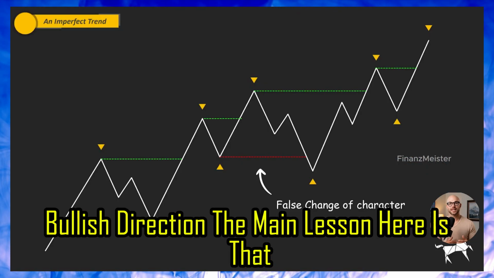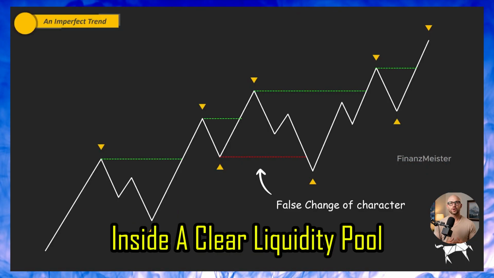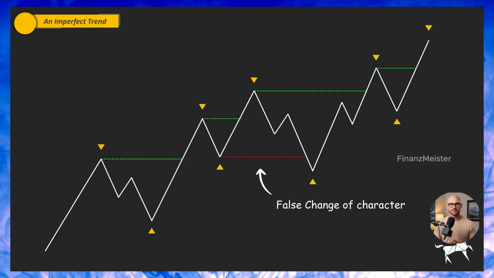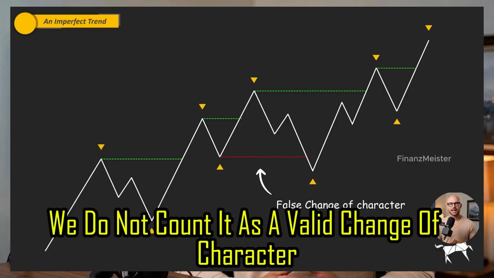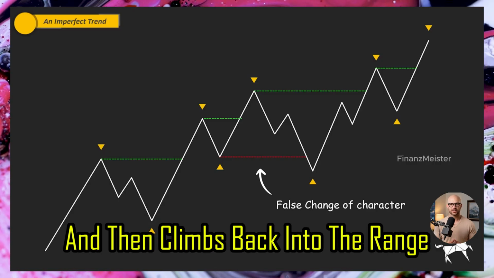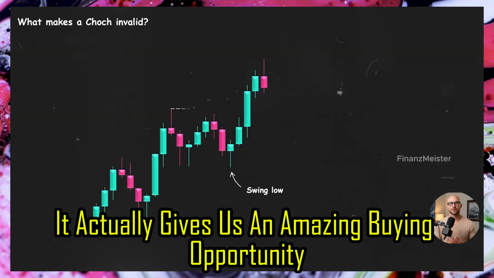The main lesson here is that when a major swing low sits inside a clear liquidity pool, a break below it is usually just a liquidity sweep, not a real trend reversal. In this case, we do not count it as a valid change of character. If the price sweeps the liquidity and then climbs back into the range, it actually gives us an amazing buying